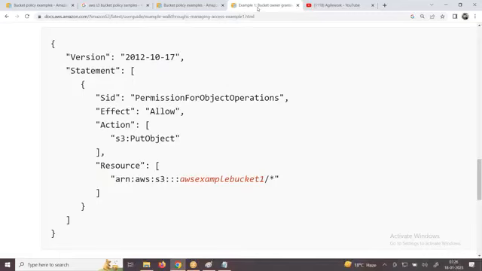What is meant by a statement? Statement means what permissions are you providing to him? In the statement, you will have multiple statements. That is the reason for the square bracket. Okay. Now, first one, statement ID. Sir, what is this permission about? You want to write it, right? You can say this statement ID is permission for Dikshit, or permission read only for everyone. A statement ID is nothing but a string. You can write something which explains why you are providing the permissions.